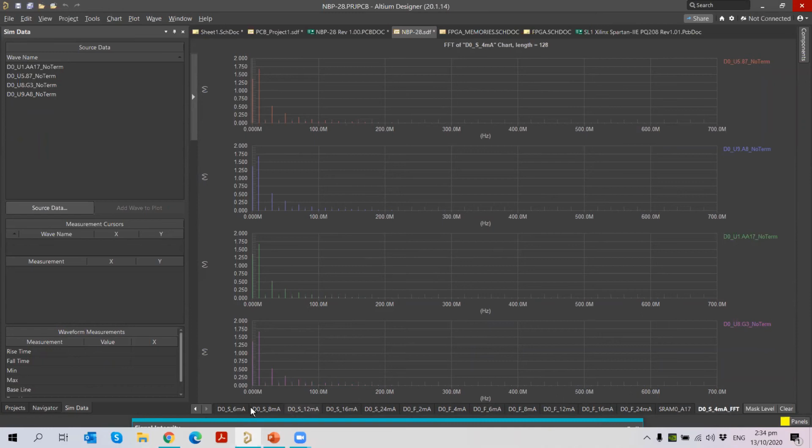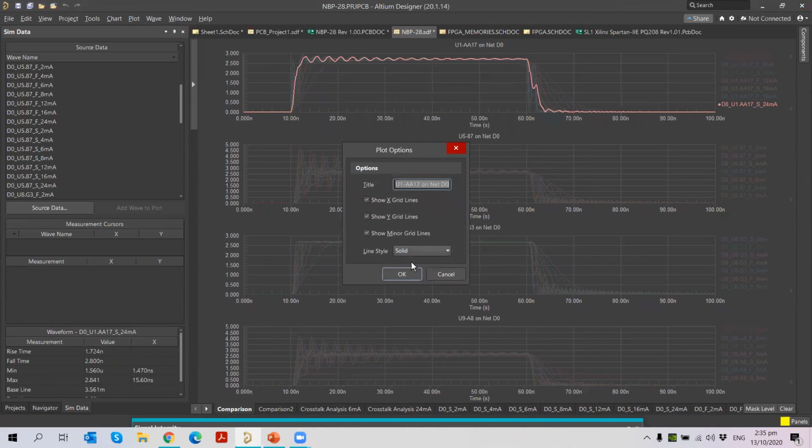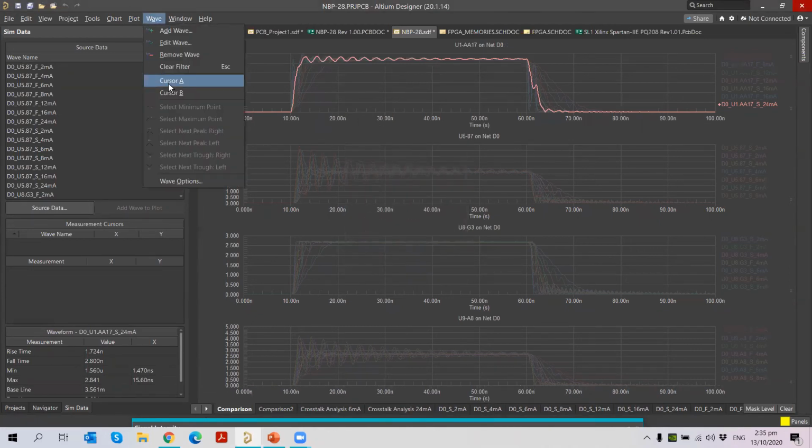Also, when you go for the other nets, like your comparison and other nets, you can have a cursor. Going to the plot options, you can add in the cursor A, cursor B, and determine what you want with frequency, as you can see here.